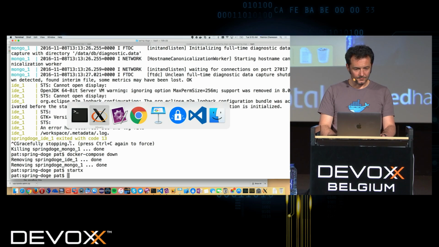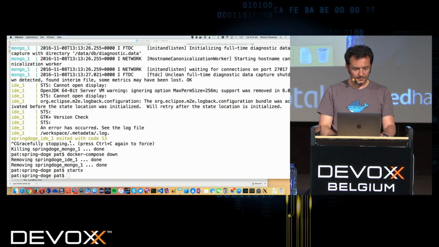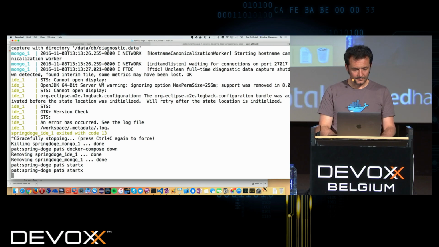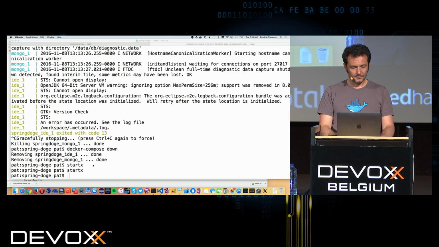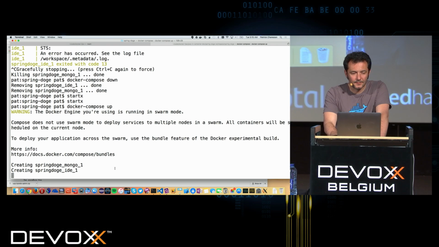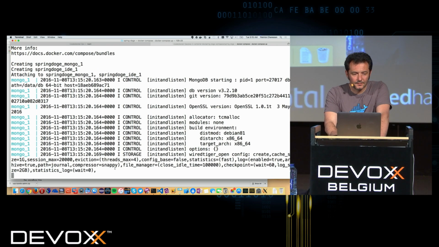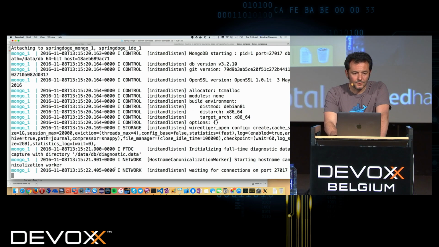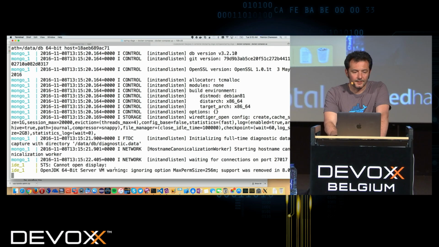Oh, maybe I'm going to kill this guy and restart it. And now let's try a Docker compose up again. Okay, so it's starting Mongo, then it's starting the IDE.